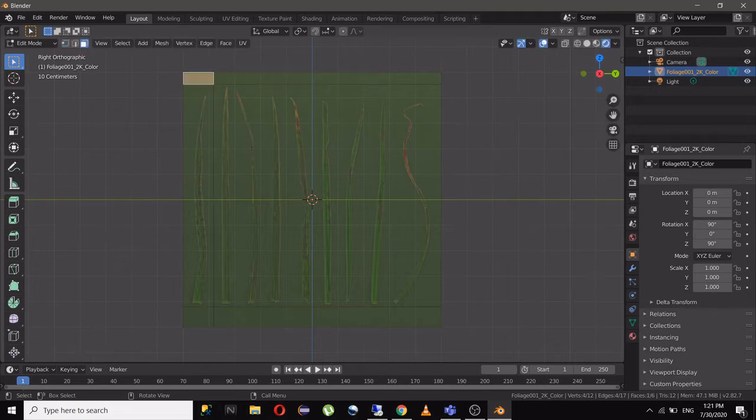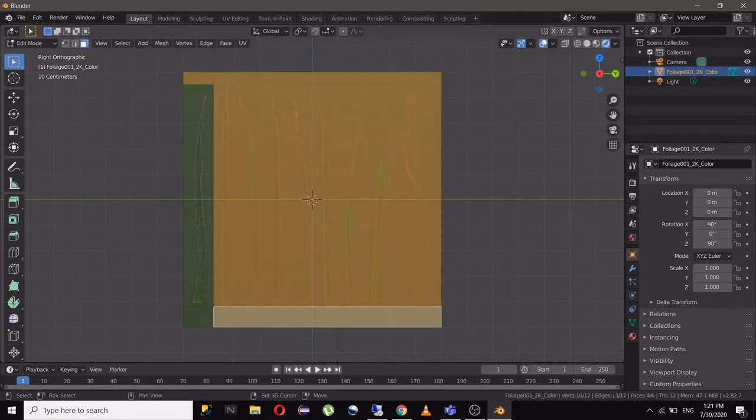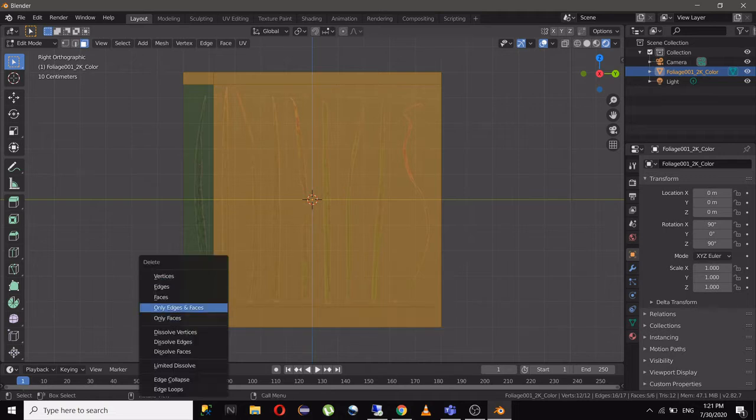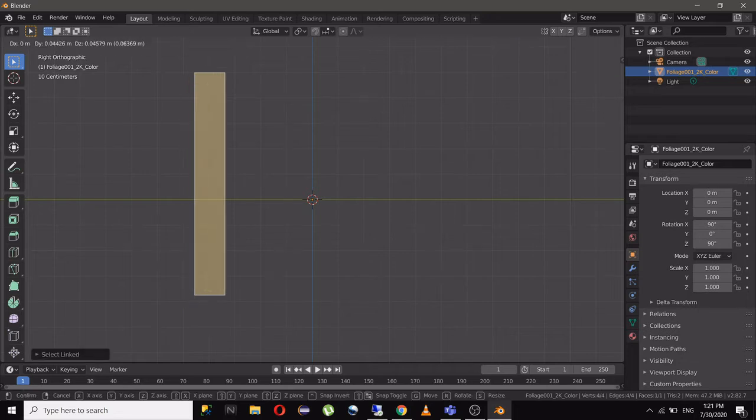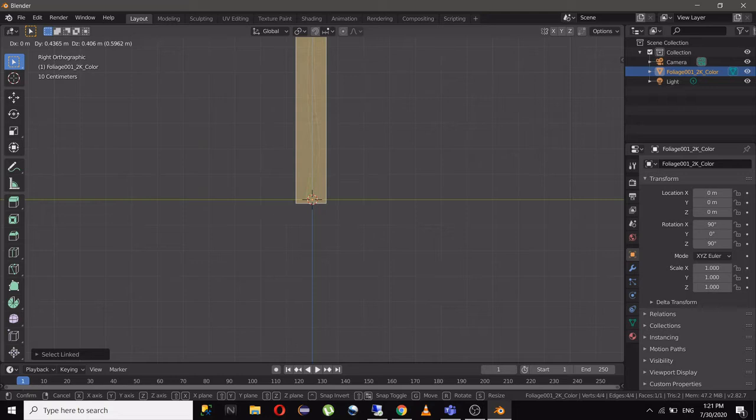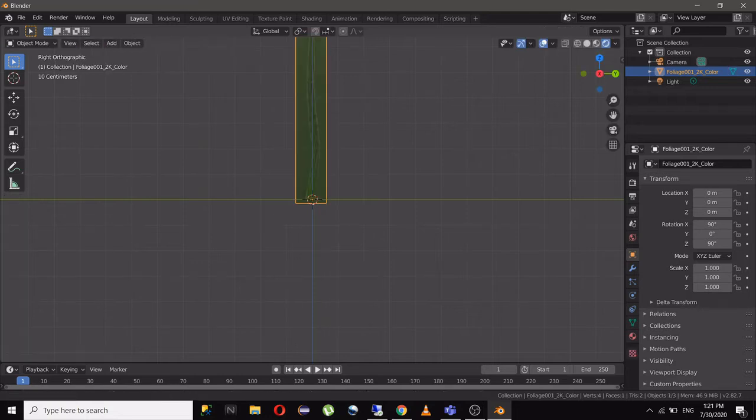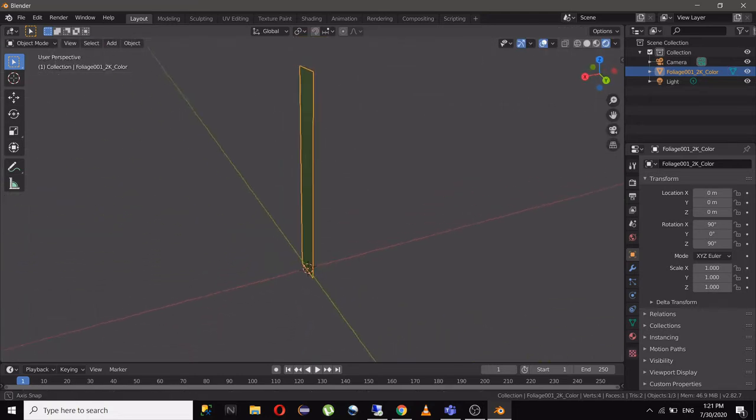Then I'll go to face mode and delete the rest of the faces, and I'll select these faces, click on L and drag it over here so that it will be on origin. So we have a grass strand over here.